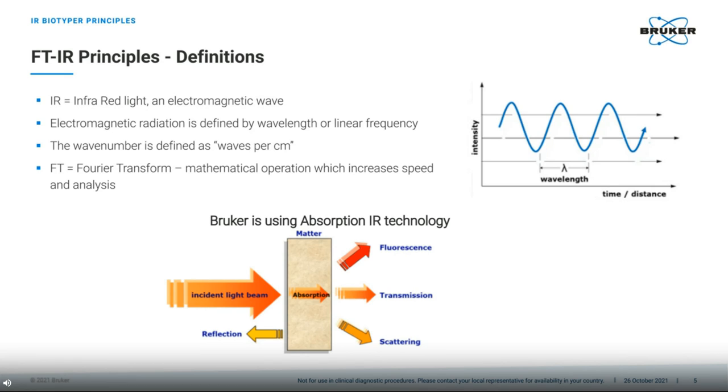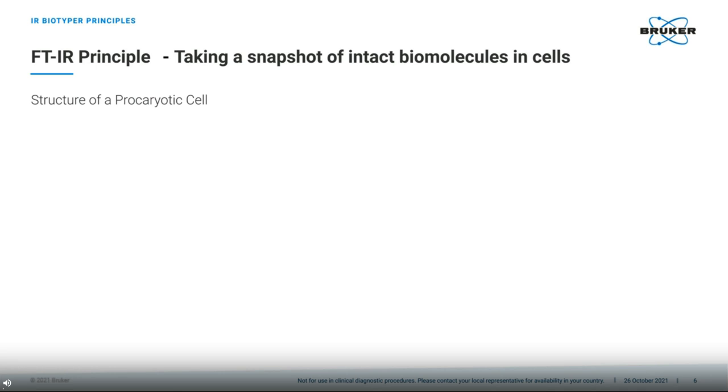What are we using here? We are using, Bruker is using in this product absorption IR technology. So there are different ways how infrared light can be used. Maybe you have heard about fluorescence, transmission, scattering, or light can be reflected. But here we're using absorption of the infrared light. And what is the absorption about? The principle here is that we take a kind of a snapshot of an intact